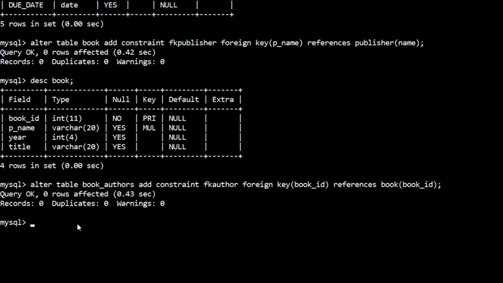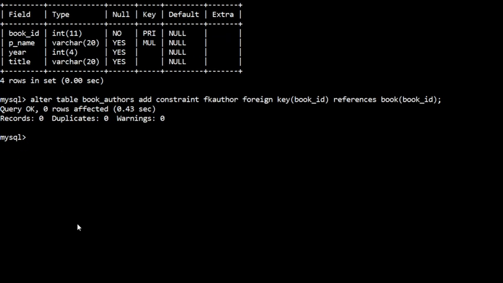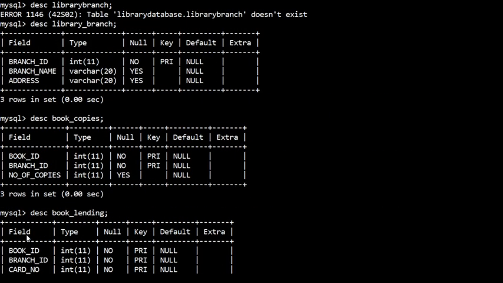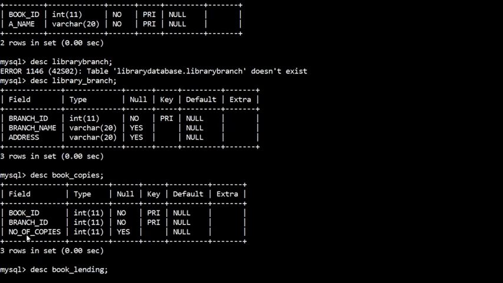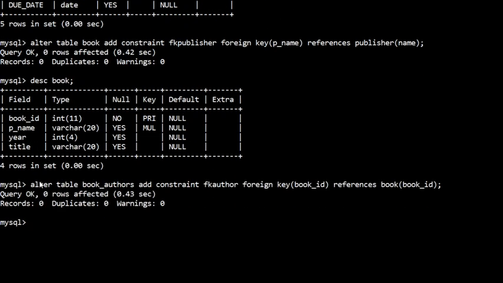Okay, then the other two tables like book copies and book lending. In book copies we have book ID as one of the foreign keys. We'll just see the description of this table first. In book copies, we have book ID, branch ID, number of copies. Now here, book ID must refer the book relation and branch ID must refer library branch table. So first book ID we'll add as a foreign key.